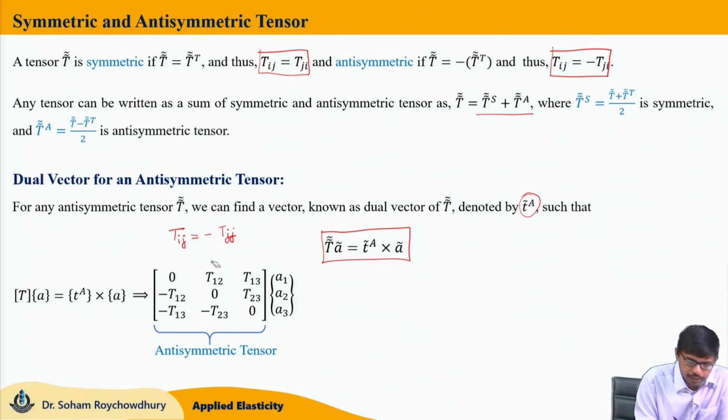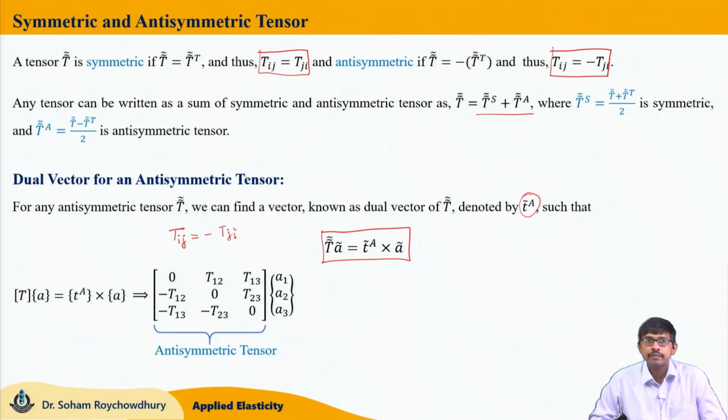So, for that particular case, all the diagonal elements must go to 0, then only Tij equals minus Tji can be satisfied. So, all diagonal elements for all anti-symmetric tensors are 0, and non-diagonal elements are equal with the opposite sign. So, 0 T12 T13, minus T12 0 T23, minus T13 minus T23 0,